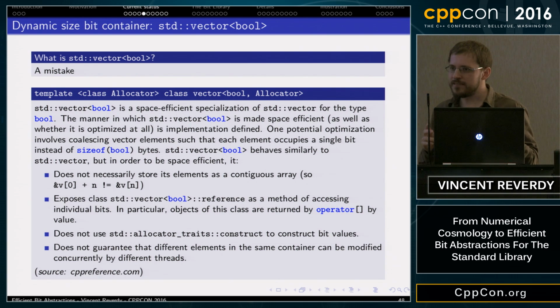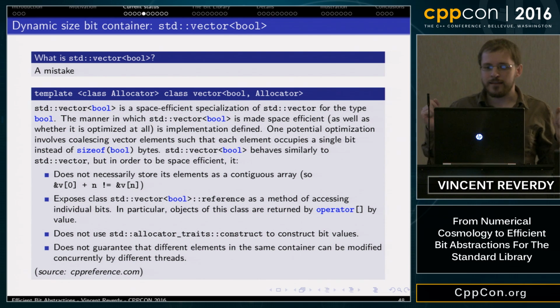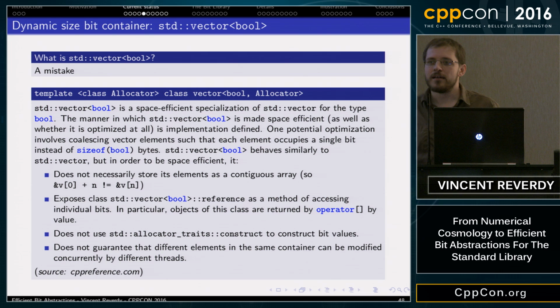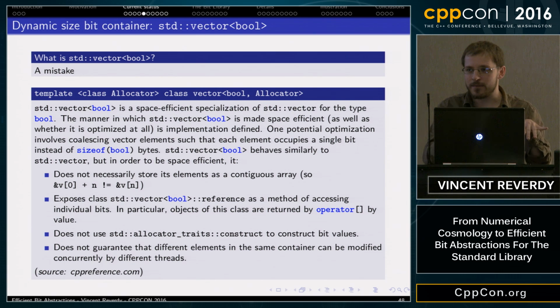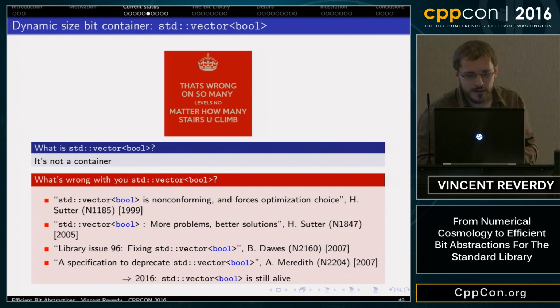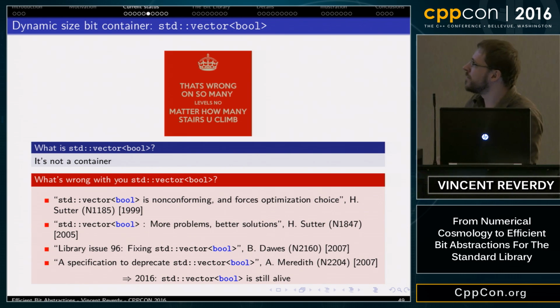It's because std::vector bool can be implemented as a dynamic array of unsigned integers. And the problem is, let's say you want to write at the same time from two different threads the first bit and the fifth bit. The first and the fifth are likely to be contained in the first integer of your dynamic unsigned integer array. So when you try to modify them at the same time, you will access the same underlying integer at the same time, and it will fail. So vector bool is not a container, it's not conforming to the standard, even though it's in the standard.